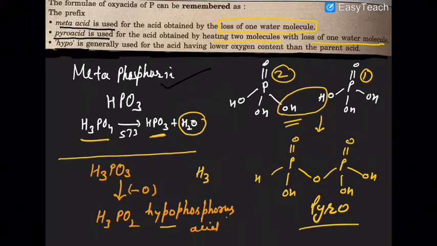So if from the phosphorus acid you remove one of the oxygen, it becomes hypophosphorus acid. H3PO3, phosphorus acid. Remove one oxygen, you will get hypo acids. Are you getting that or not? Sure about that?